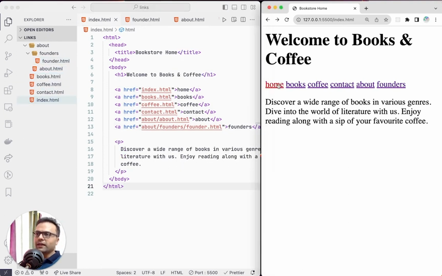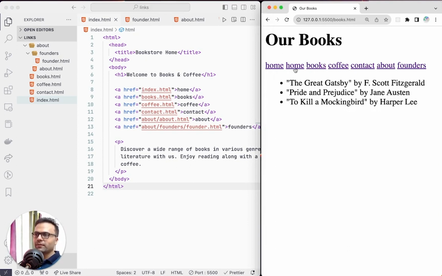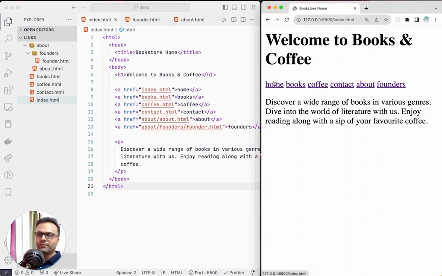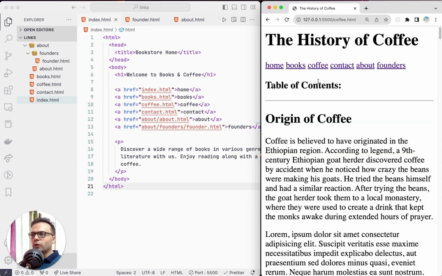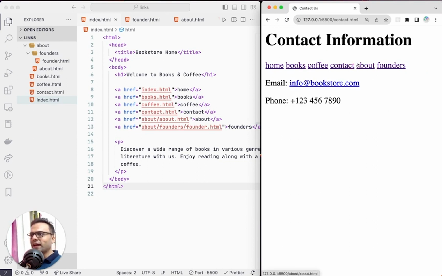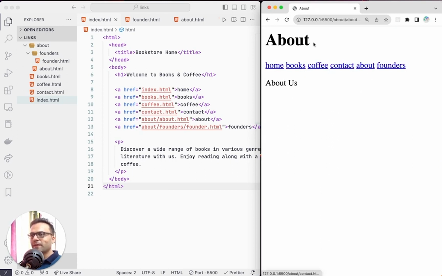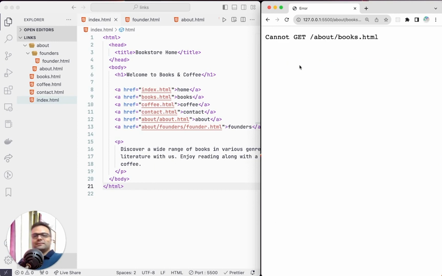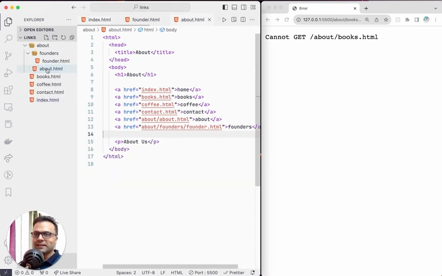So from the home page, I can go to books. From books, I can go again back to home. From home, then I can go to coffee. From the coffee page, I can go to books, right? From books, I can go to contact. From contact, I can go to about. From about, if I try to go to books, see what happens. Can you spot what just happened? It's interesting, right? So friends, if I go to about.html,